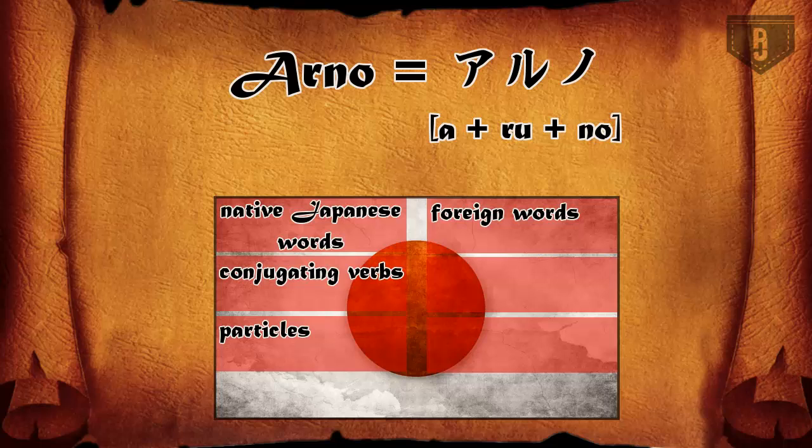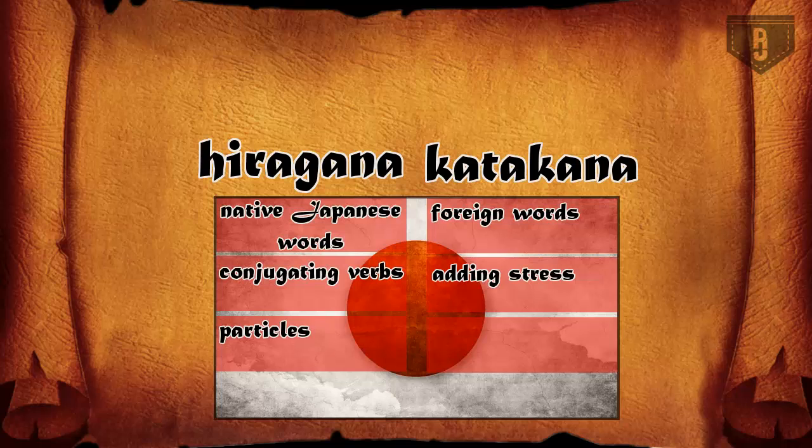Now, katakana are also used to add stress to a word. It's a little bit like our capital letter system. If you type something down in all caps, it also increases the loudness. So that's also when you can use katakana. And lastly, they use a lot of onomatopoeias in manga and anime, for example. And these onomatopoeias, or sounds that are written down, like the sound of a dog barking,